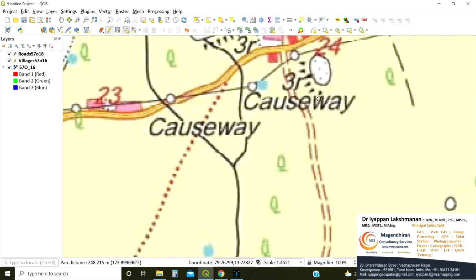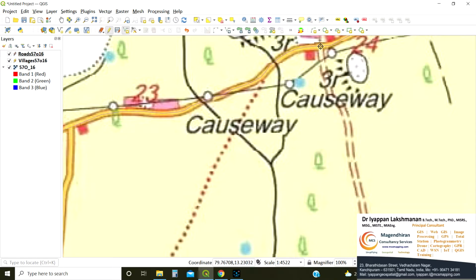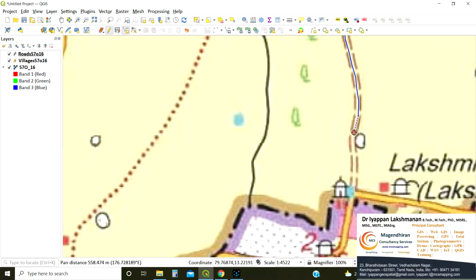Okay. Similarly, you can capture some other road network by giving more points on the vertices of the curve. So you are picking vertices. If anything goes wrong, you press the backspace button. It moves back. Then you can capture like this. Similarly,